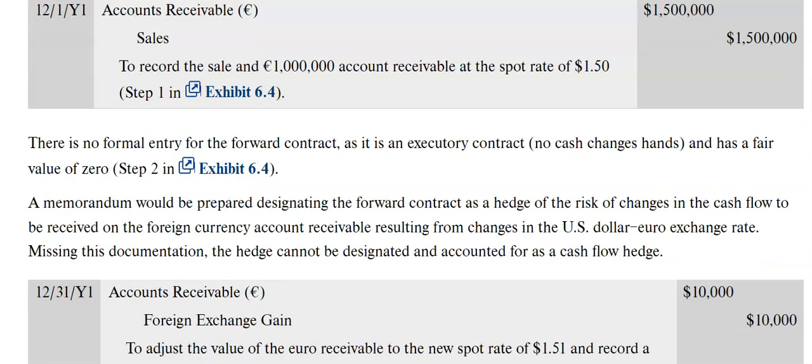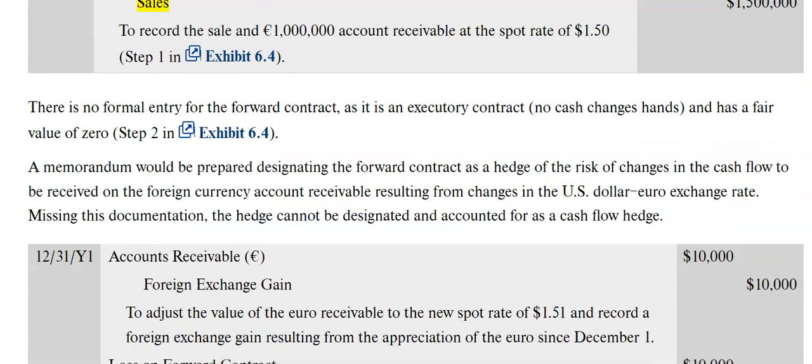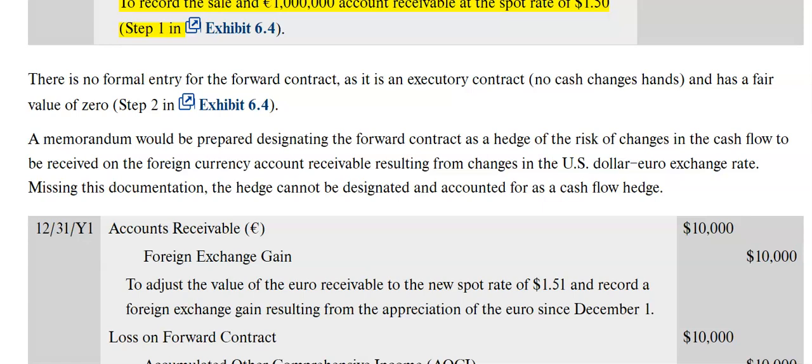Table summary: a journal entry with a date at the left on the first row, the debit row, one credit row, and an explanation line. 12/1/Y1. Accounts receivable, Euro, $1,500,000. Sales, $1,500,000. To record the sale and 1 million euros account receivable at the spot rate of $1.50, Step 1 in